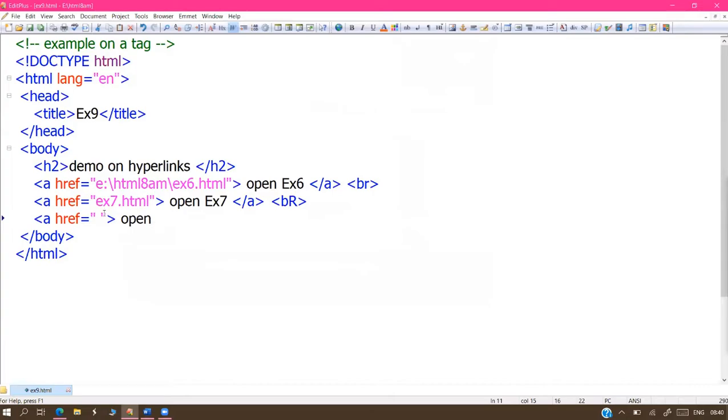I already said in the explanation. Example 46.html, and here write open example 46 and close. First two are our programs. This is the complete address and this is the short format, right? And the third one is in another location. We are not calling our programs. Some others developed and saved in another location, which we are calling with the address.